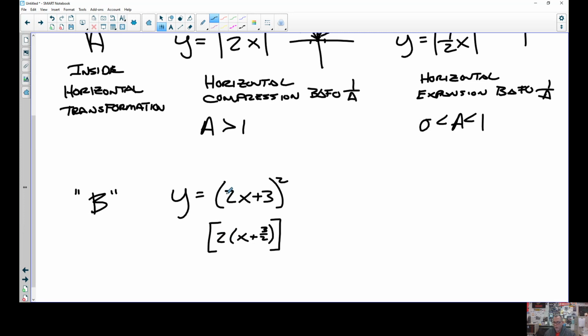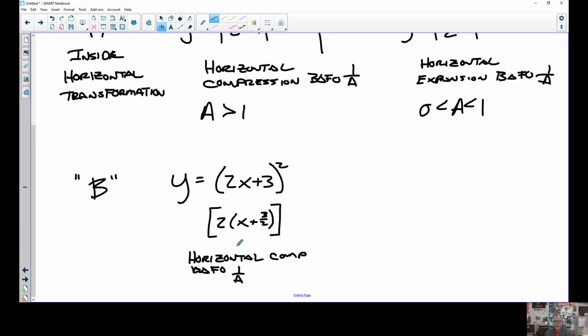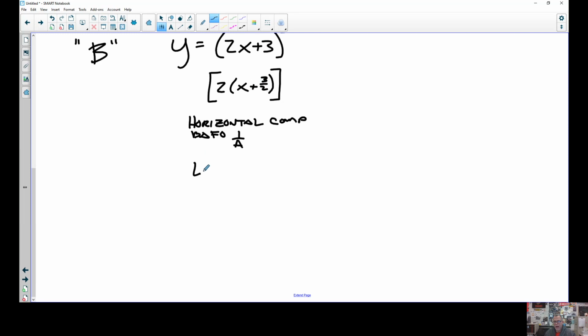This makes A 2, like it still was here. It looks like A is 2, right? So this is inside though, so it's horizontal, right? This is still a horizontal and it's a 2, so it's a horizontal compression. And it's going to be by a factor of, I'm sorry, 1 over A, because we're doing horizontal. So this is by 1 over A. And the difference is going to be when we do this with the B value, we're going to talk about this as shifting left